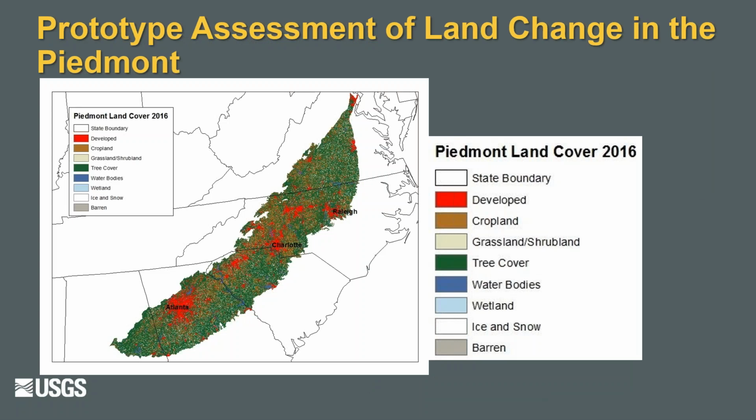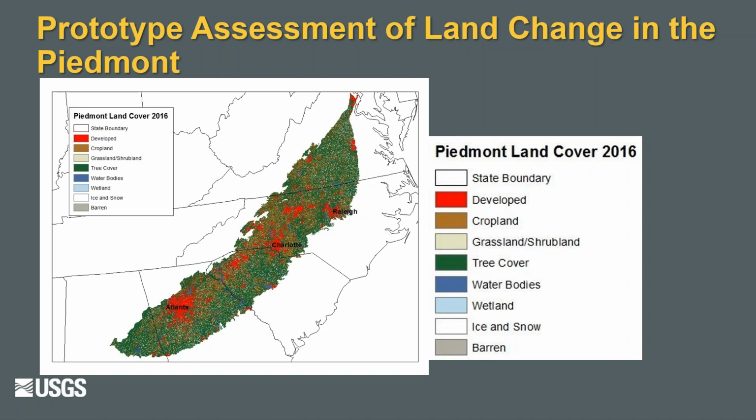We've done a prototype assessment of land change across the Piedmont. So we have produced data in a prototype system that is going to look just like our published data. This area was investigated because we produced a lot of data to cover a lot of the eastern seaboard of the United States. And what we're determining is that, at least in this region, about 2 to 3% of the area changes every year. There are some years that are bigger than others, and we need to investigate why. So there's some variability over time.